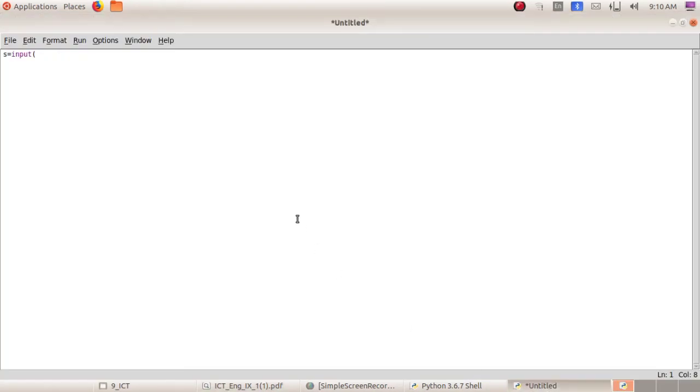That must be in the quotation marks. Then put a colon, then close it, close the bracket also. After that you can give the instruction print of.